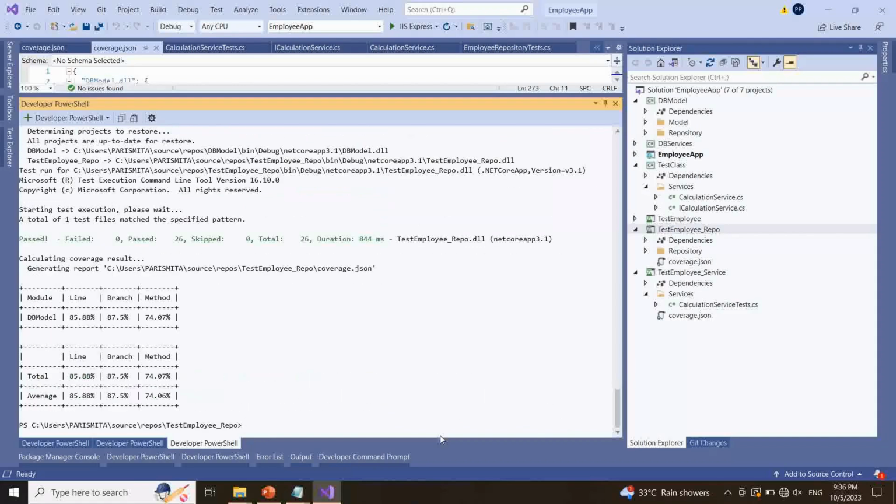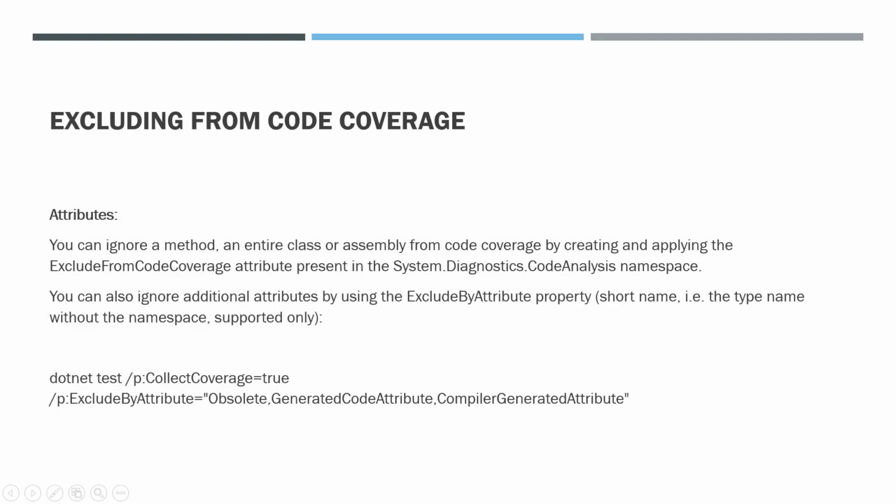Our next topic is excluding from code coverage. Attributes. You can ignore a method, an entire class, or assembly from code coverage by creating and applying the ExcludeFromCodeCoverage attribute present in the System.Diagnostics.CodeAnalysis namespace. You can also ignore additional attributes by using the ExcludeByAttribute property,